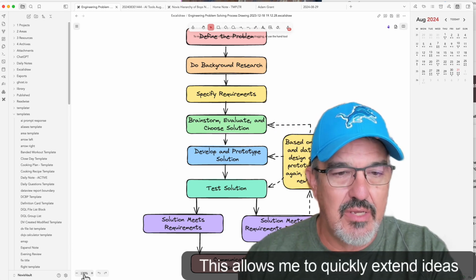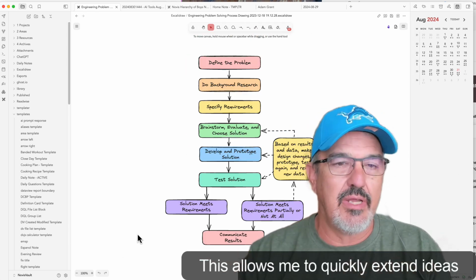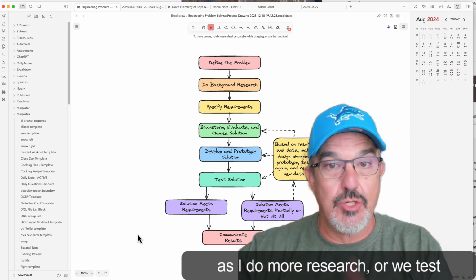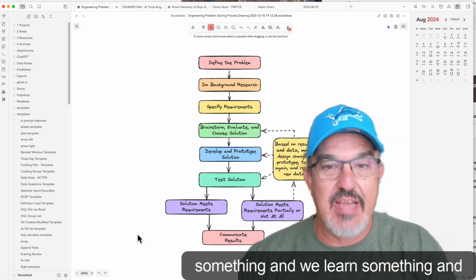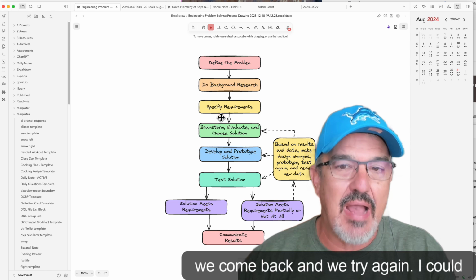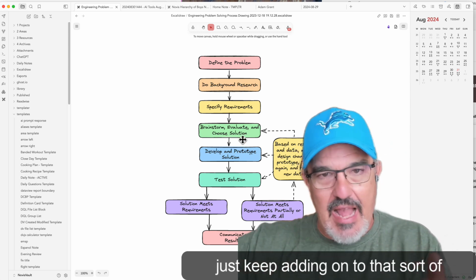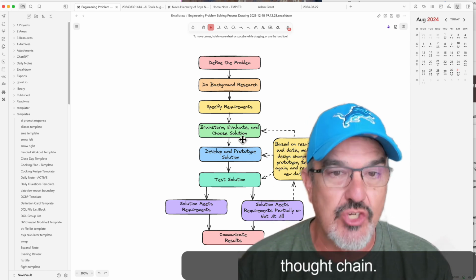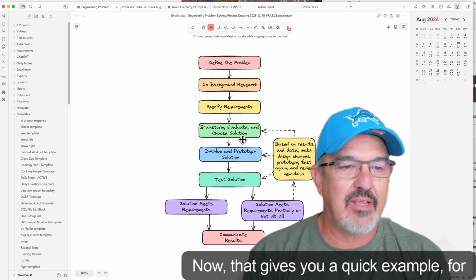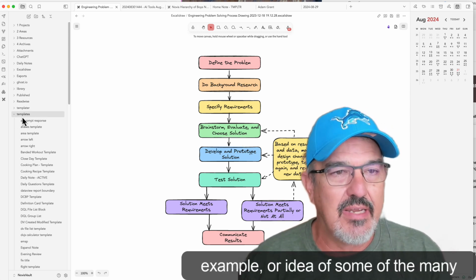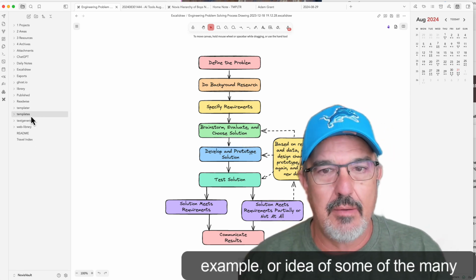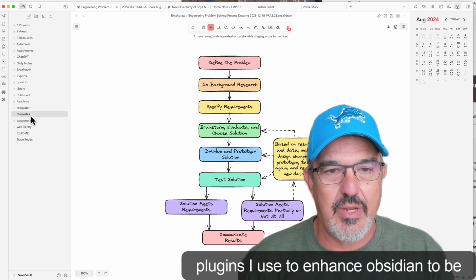This allows me to quickly extend ideas as I do more research, or we test something and we learn something and we come back and we try again. I could just keep adding on to that sort of thought chain. Now, that gives you a quick example or idea of some of the many plugins I use to enhance Obsidian